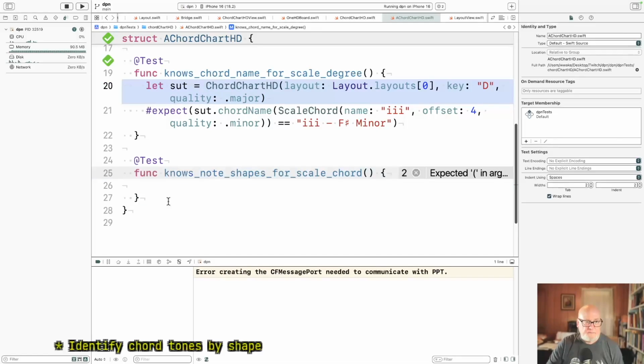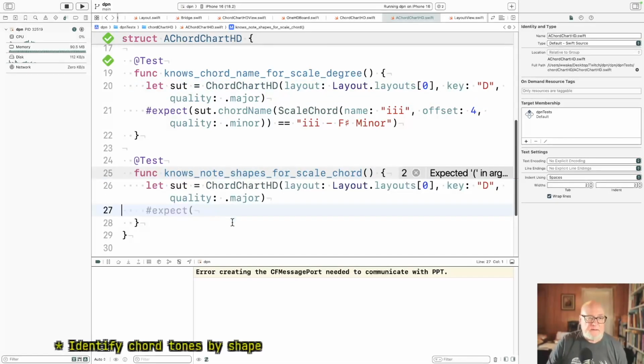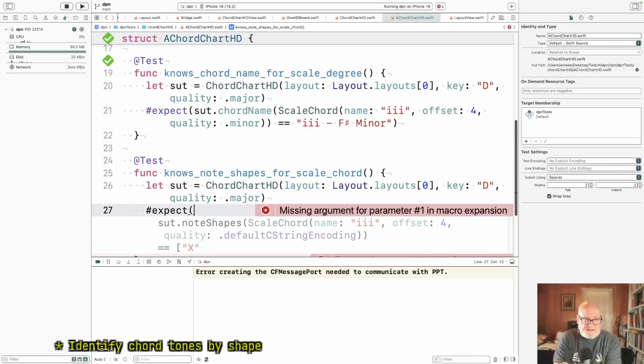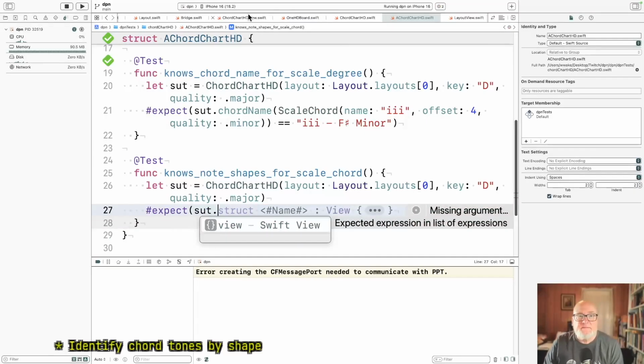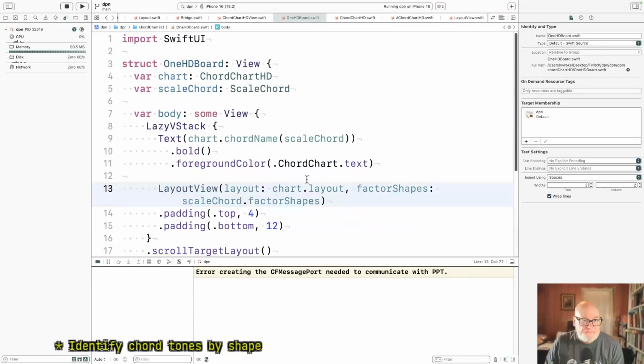Okay, this. And we expect that sut dot factor shapes for scale chord